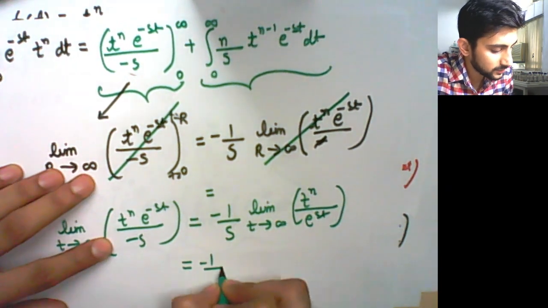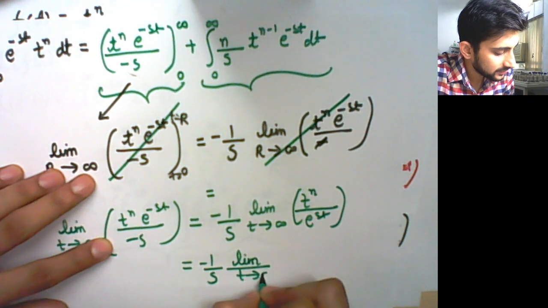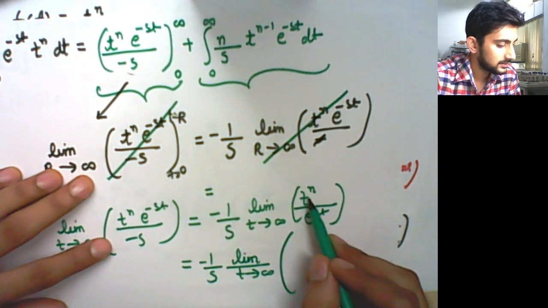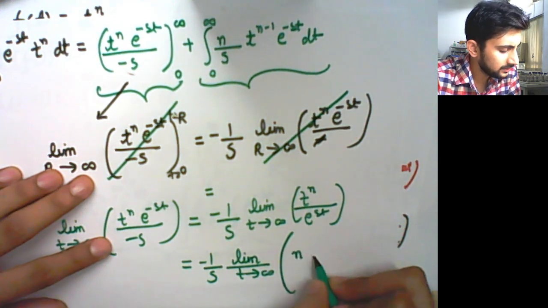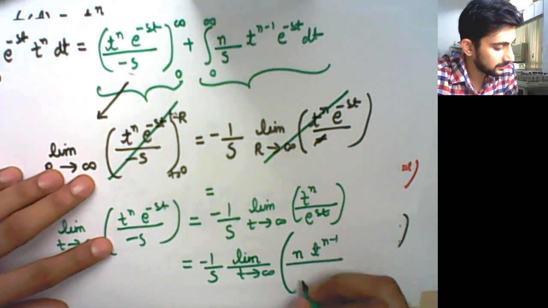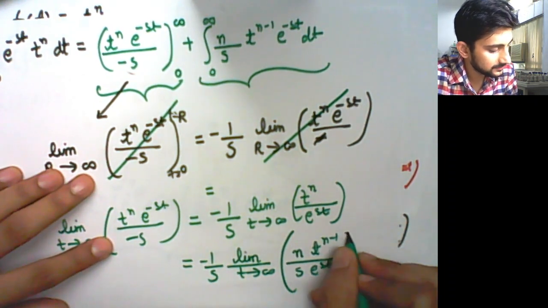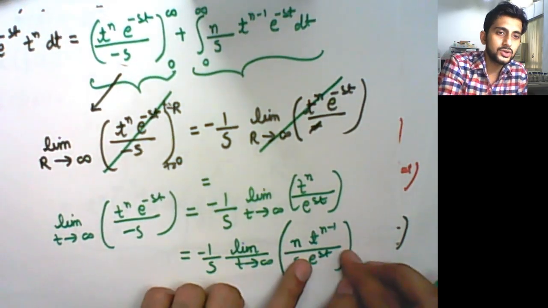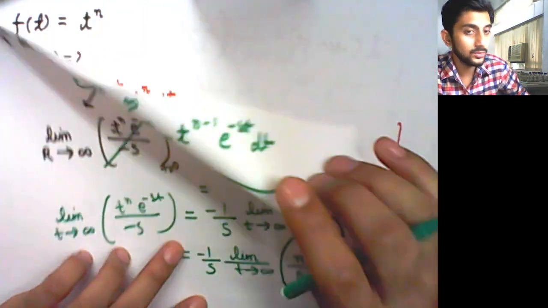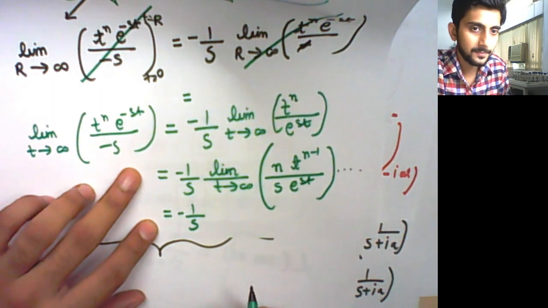So it becomes minus 1 upon s, limit t tending to infinity. If you take the derivative of this, it will become n t raised to the power n minus 1, and the derivative of this would be nothing but s e to the power st. Okay, this will also not solve the problem. Then you will have to again take its derivative. So you have to continuously take its derivative till you reach this form. So you will be having minus 1 upon s, limit